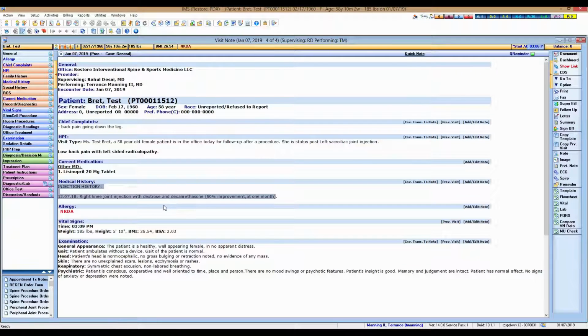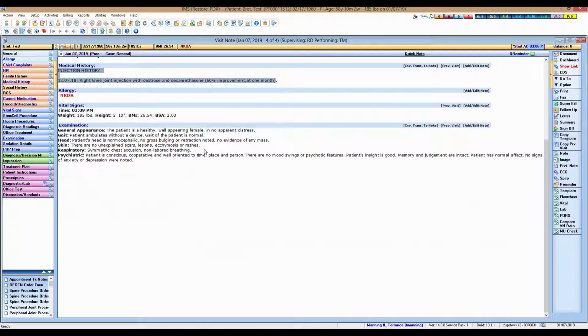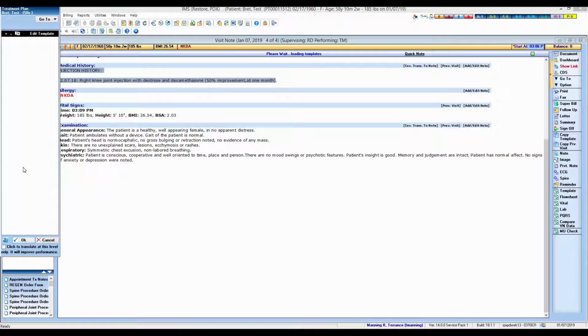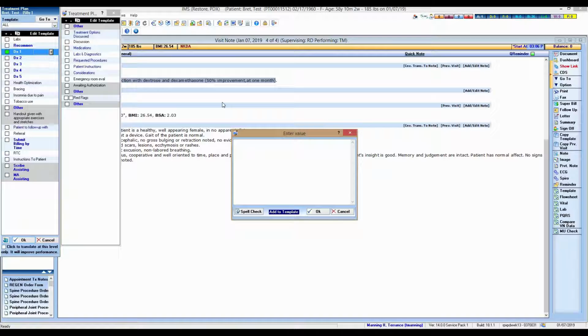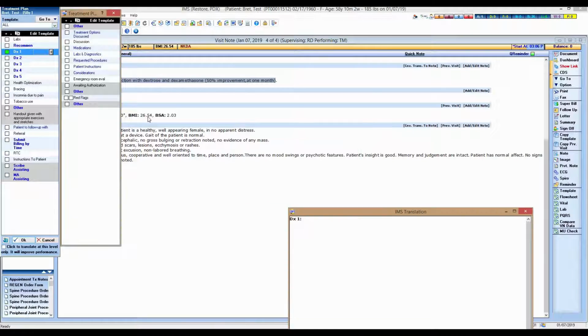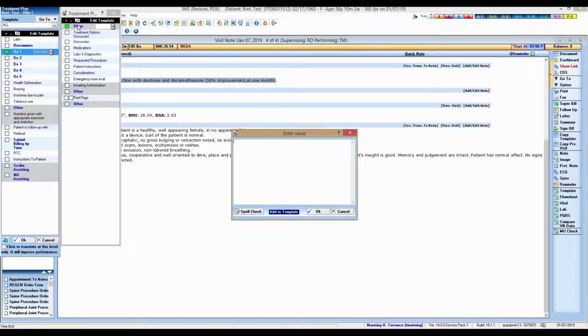Now, once the doctor has seen the patient, examined the patient, and the treatment plan has been developed, hopefully as a scribe, you're able to keep up with the treatment plan as the doctor is delivering the plan. And this is the section where that goes in. So here, DX1, we'll just call it low back pain. It's usually what the chief complaint is. And then in other is where we will type the plan. So for instance, patient return, or let's say this is a new patient visit. Patient presents